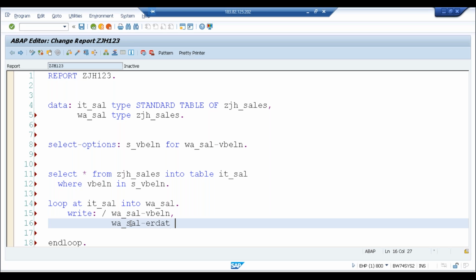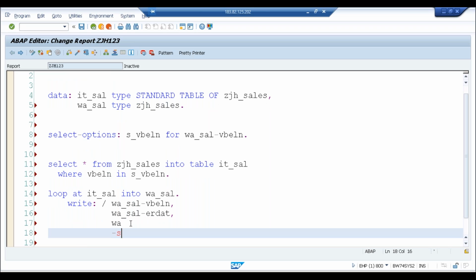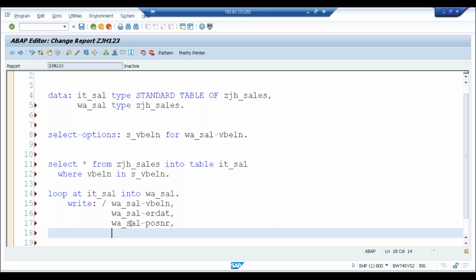So those fields we can just write: WA_SAL-POSNR, WA_SAL-MATNR. So these are all the fields.